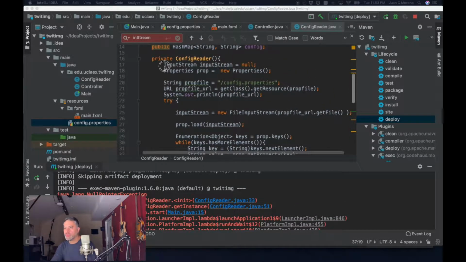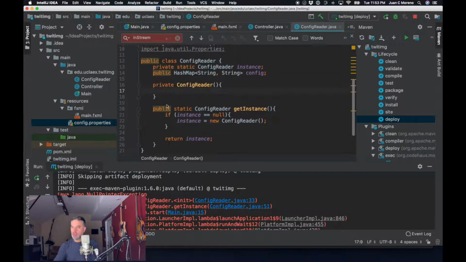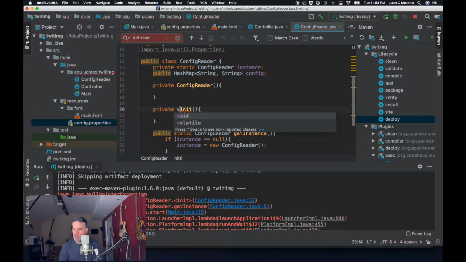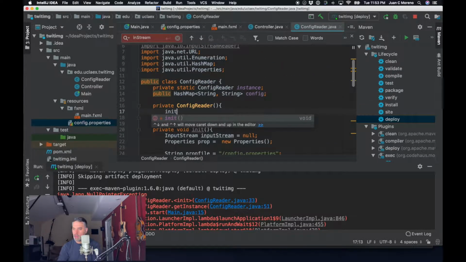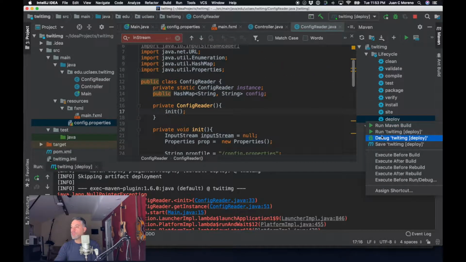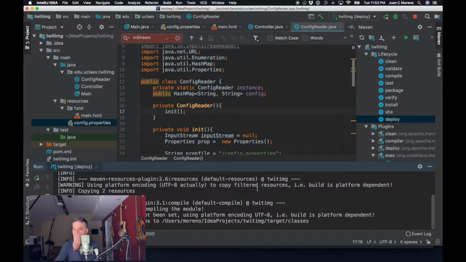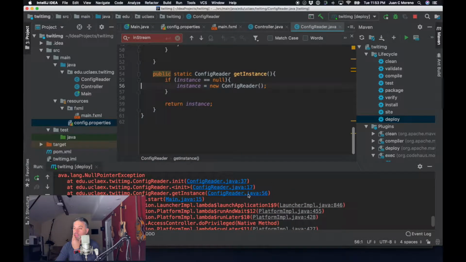So what we're going to do is move this method into a private init. We're going to just call it an initialization method, private void init, and then inside of the constructor we're going to call init. And let's see if, once we take it out of the context, the stack trace at the very least gives us a better idea. Yeah, get instance 56,